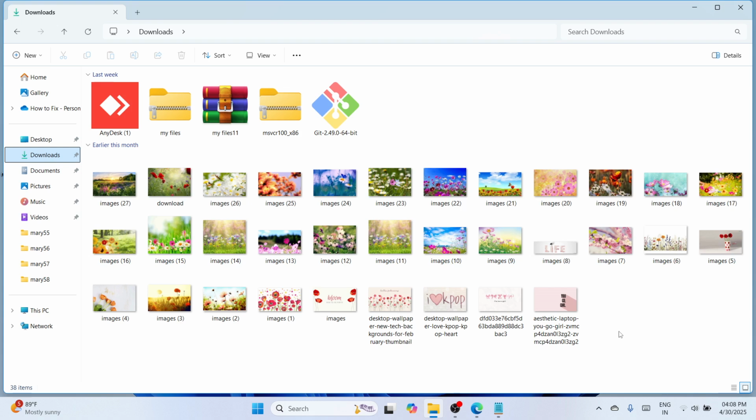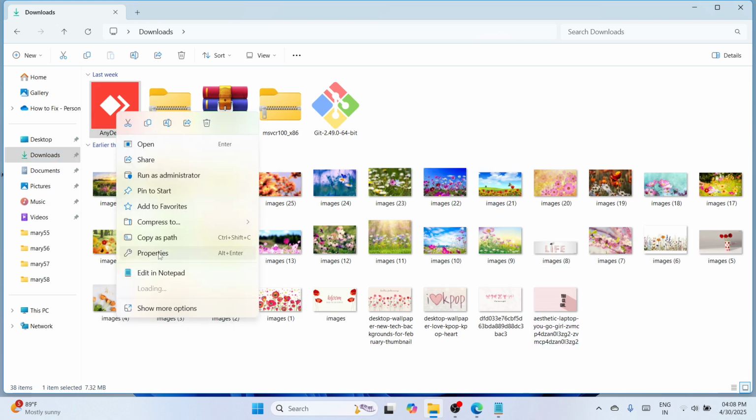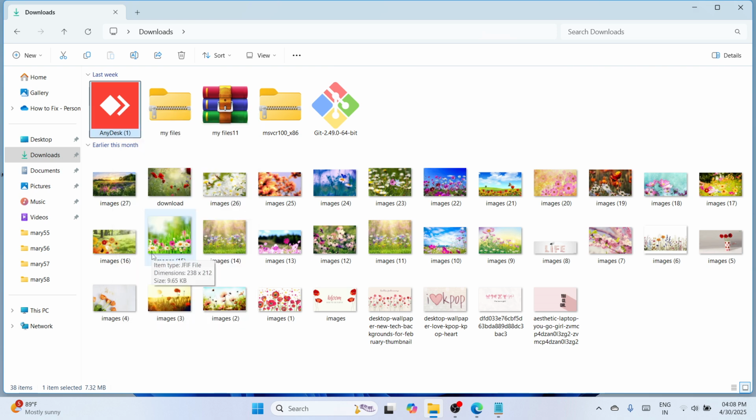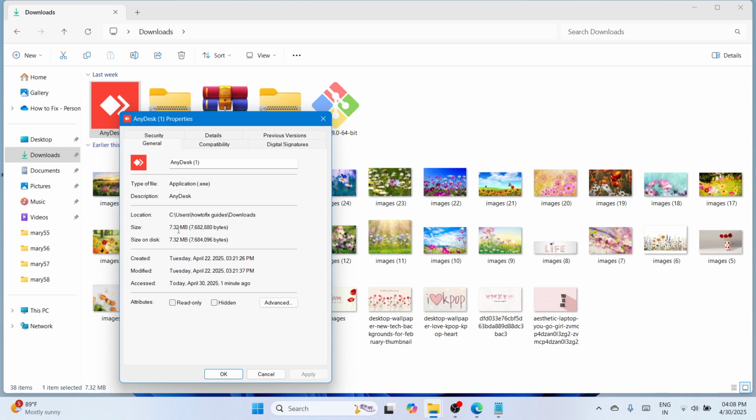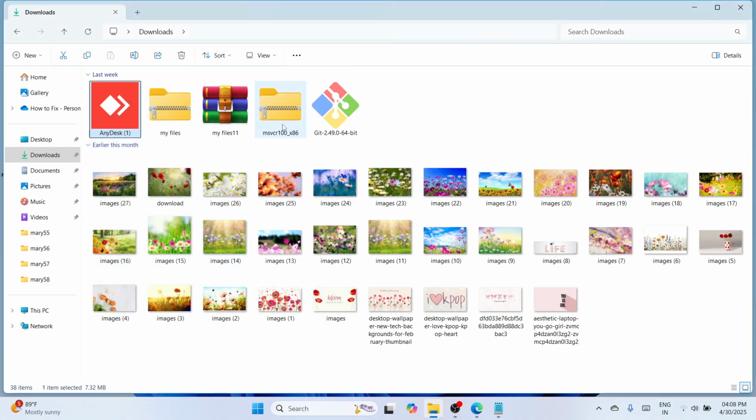Another step that you can do is to make a right click and go to Properties. There you can see the file size or the folder size of that particular application. Click on OK. And when you right-click the zip file,